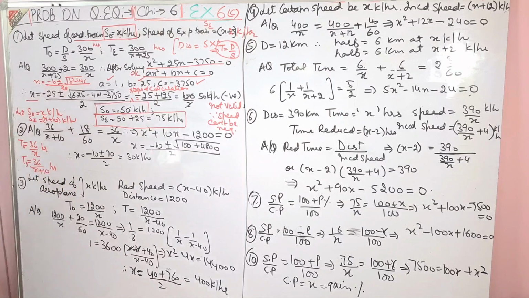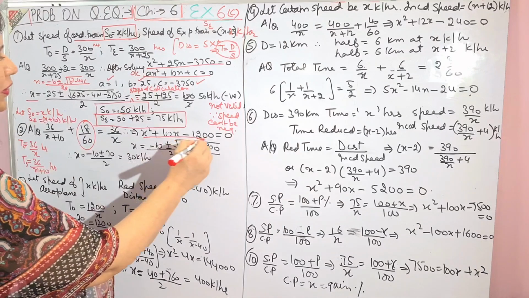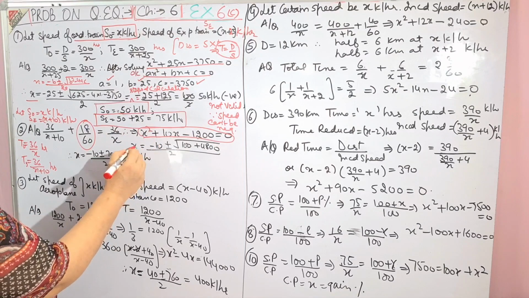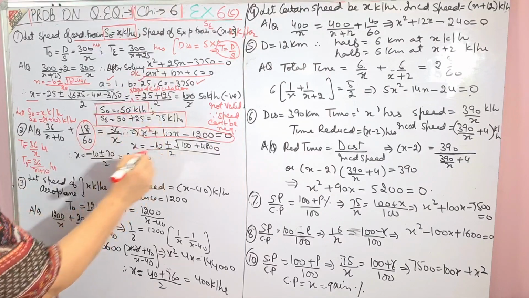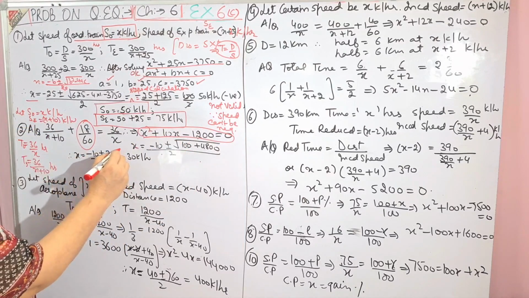Then according to the question, as I told you in the first question, wherever in the denominator the speed is more, you are going to add time on that side. So according to the question, 36 upon x plus 10, since he has given the time in minutes, you have to convert it into hours, and when you convert minutes into hours, you divide by 60, as I have done here, 18 upon 60, and the rest is your calculation. This type of equation you are going to get. Show the calculations, solve it properly, compare it, solve it, and negative is not to be taken because speed cannot be negative, and this is your required answer.